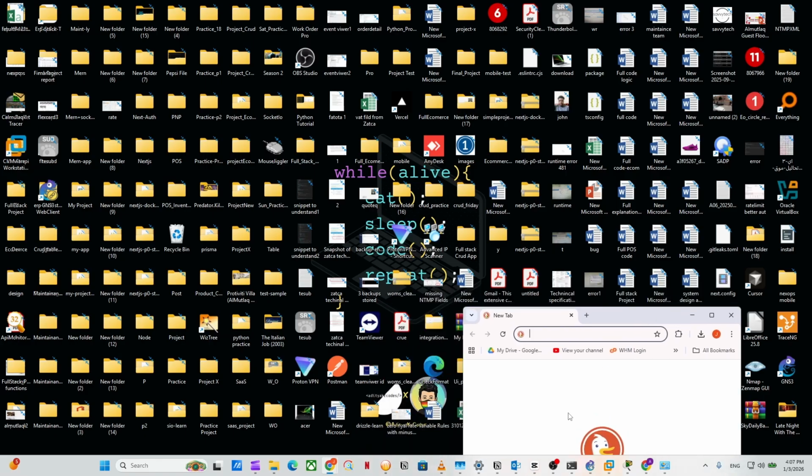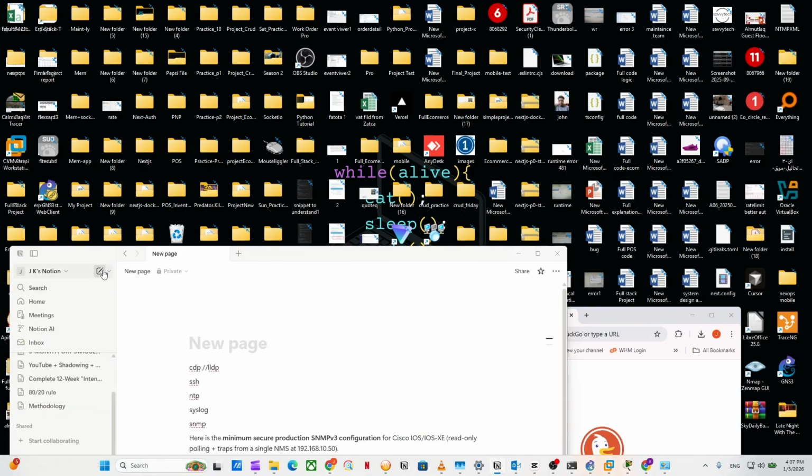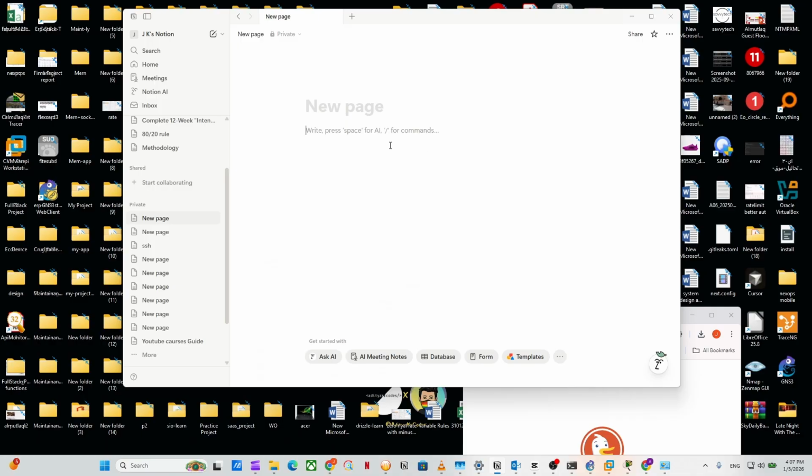Today we're going to talk about three topics. Actually, more, we'll talk about SSH. First we'll talk about console. SSH. We'll focus on SSH because Telnet is no longer used in production environments. It's not secure. So we'll learn SSH, and we'll learn Syslog